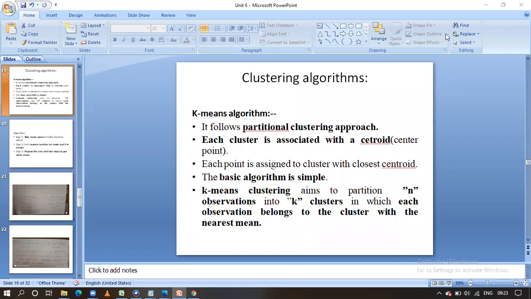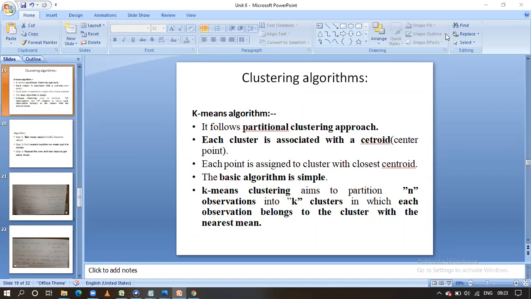What is meant by iris? It's a flower. The flower related data we have taken in the form of a dataset contains the sepal length, sepal width, likewise three more parameters will be there, and the class also. There are three types of classes in the iris dataset. Based on the class, we have clustered these. We have three classes, and based on that we have divided it into three clusters.